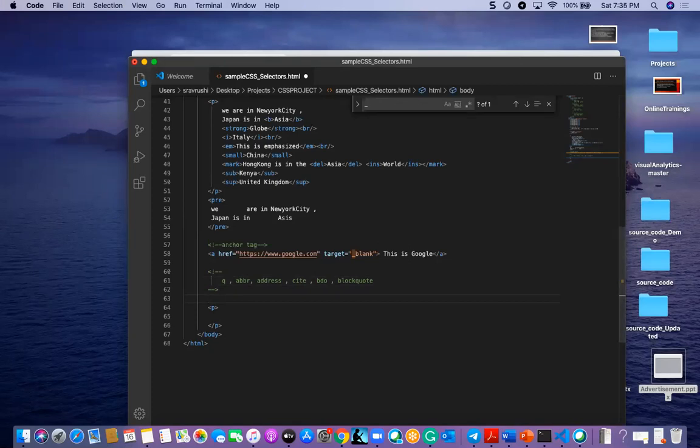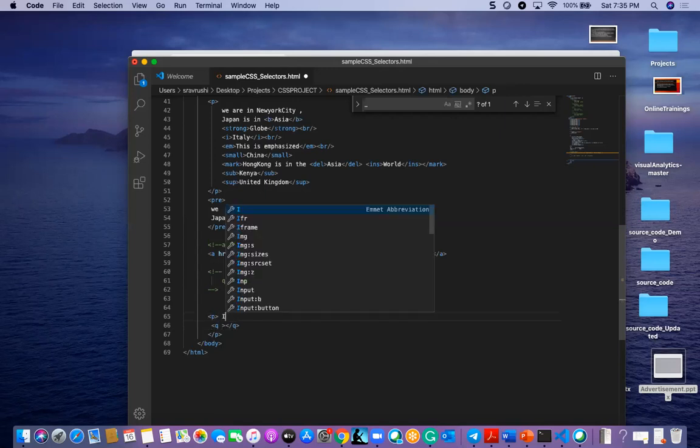First we will jump into the quotation. Let us go for Q. First, I will start with one para. Within the para, I am going to give some Q, and some quotation from this para.